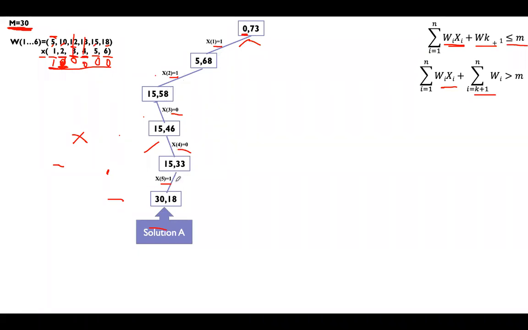One subset you have found. So I will call it solution A. First solution: 1 1 0 0 1 0. x1, x2, x5 we have selected, x3 and x4 not selected, x6 also 0. So that is the first solution we got, wherein the subset total is 30. Next, we shall see one more subset, we shall solve.